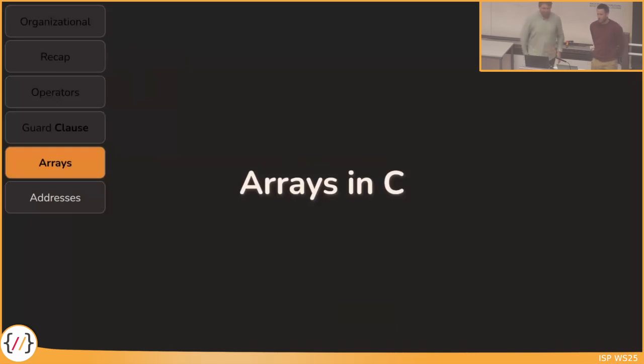Okay, next larger topic for today is arrays in C. We have already shortly talked about this topic 2 weeks ago because we needed it as a motivation also for loops to iterate over arrays, and now we want to have a deeper look into this topic. So what was this topic about? Here we have a short example